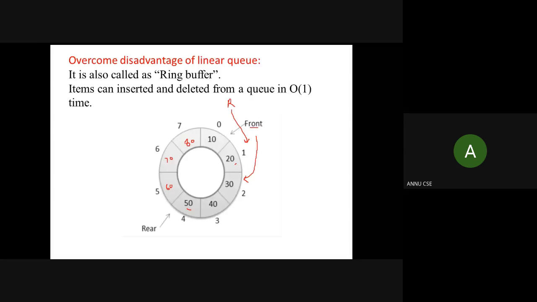Okay, I cannot further insert a new element because there is no space left in this queue, and rear is pointing at index number 1 and front is pointing at index number 2.